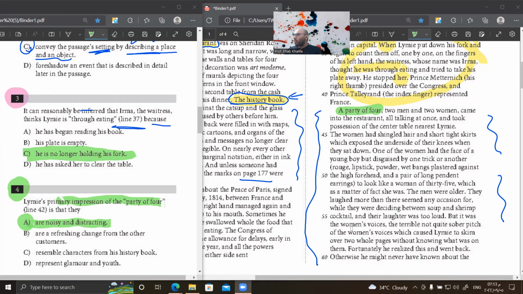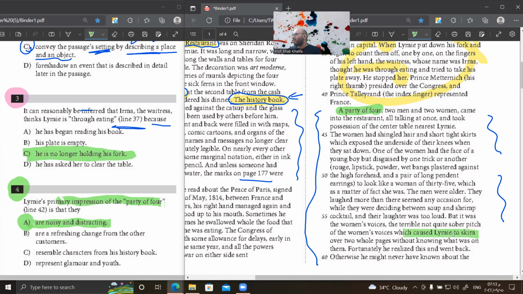But it was the women's voices, the terrible, not quite pitch of the women's voices, which caused Laimi to skim over 2 whole pages without knowing what was on them. That is the effect of their laughter that was too loud. So yeah, more than perfect. Well, guys,